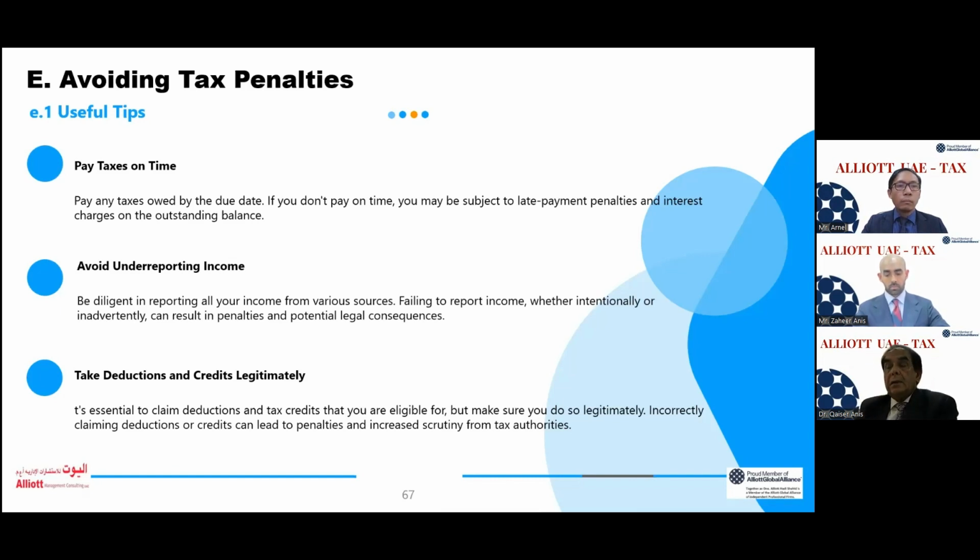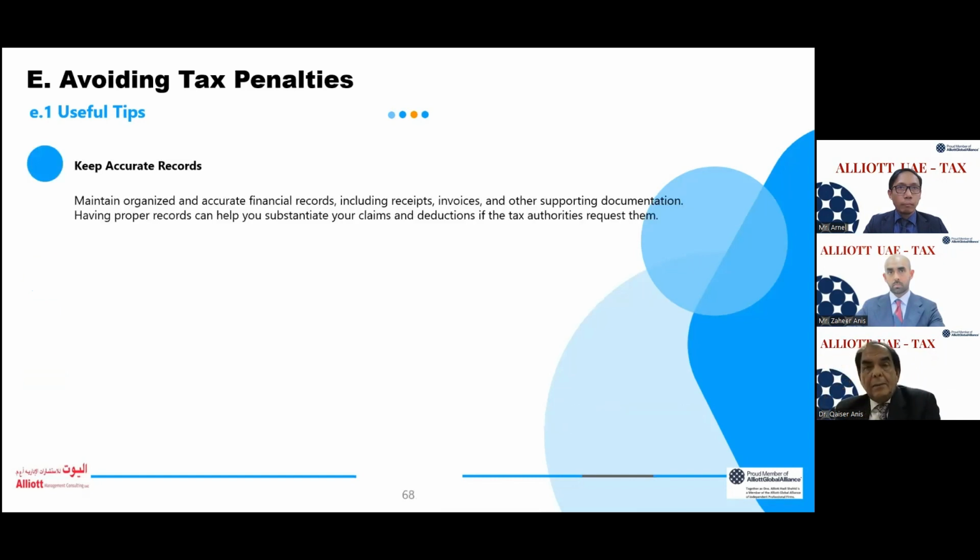Another good guidance is that the deadlines or the dates should be kept with you, so you know that this is on your calendar, that by this date I have to report, and do it in advance, do it 1 month before. So you have peace of mind on this thing. It's very essential to claim deduction and tax credit, and it's all your responsibility. Nothing to do on that. So to determine the deadline,